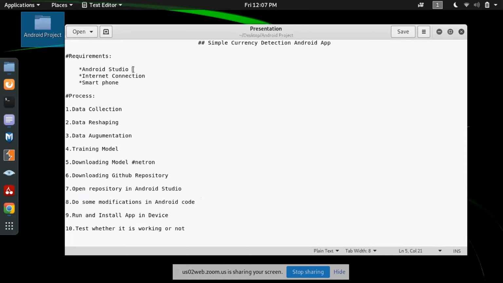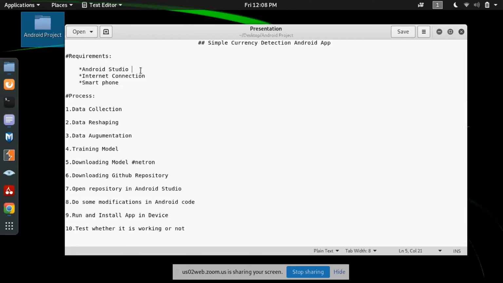It mainly depends upon the Java language, and nowadays these apps run on Kotlin also. And nowadays there is a new technology called Flutter, by using which we can run applications on both Android and iOS devices. But for now, Java apps can run only on Android devices.